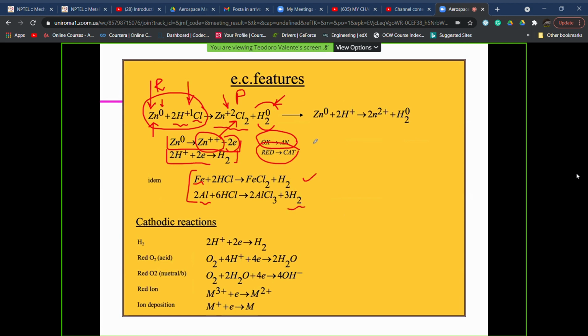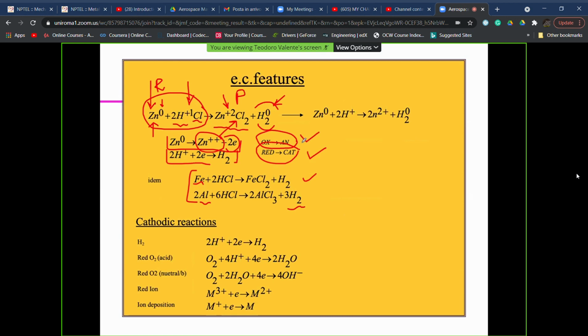So we do need, as we have said also last time, in order to well understand this electrochemical feature of electrochemical-based corrosion phenomena, an anodic reaction, that is the oxidation, because in that reaction the oxidation number is going to be increased, and a cathodic reaction with reduction, because in this reaction the oxidation number is going to be decreased.